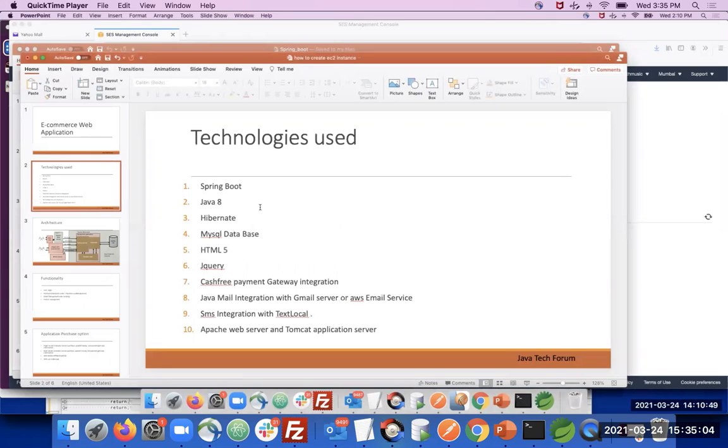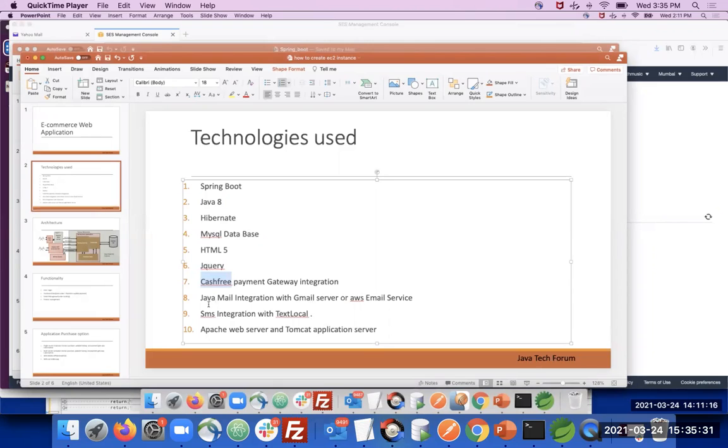We have used the topmost open source technologies: Spring Boot, Java 8, Hibernate, MySQL database, HTML5, jQuery, a cash prepayment gateway, and for email service we have integrated with the Gmail server and the AWS email service.